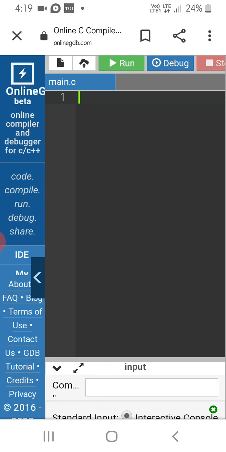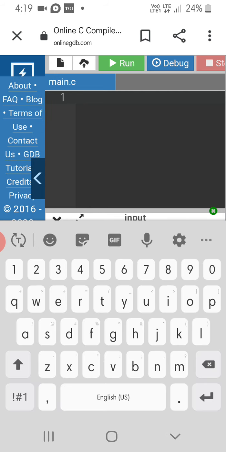Today I am going to compile a program on transpose matrix with the help of an online C compiler.